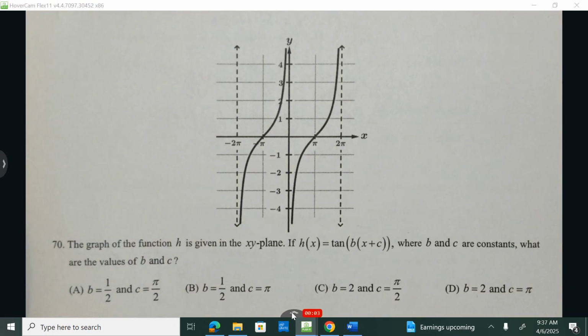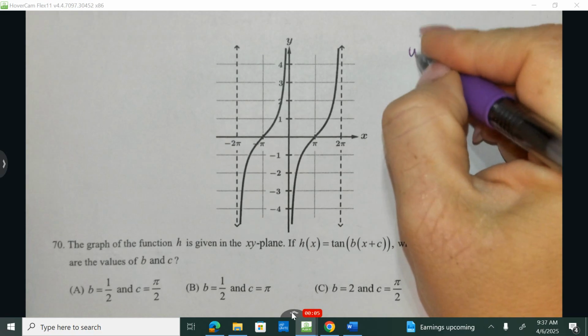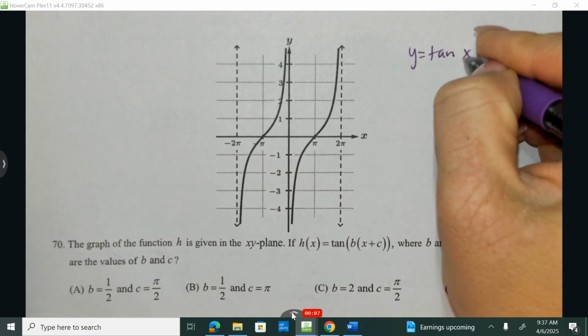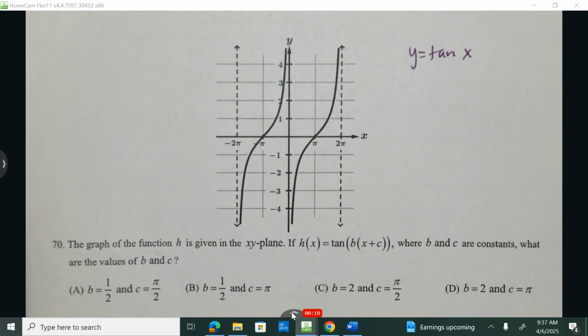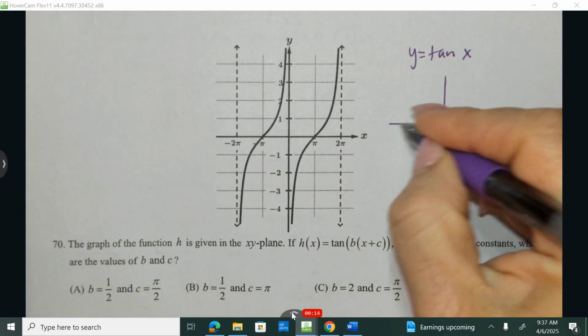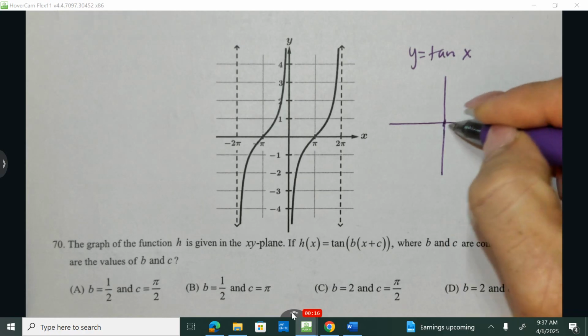Let's take a look at this. Now, let's all relate this back to our basic parent function. In this problem, I can see I need to identify the b and the c. When I think about the parent function, which we'll show in just a little bit, we have this inflection point